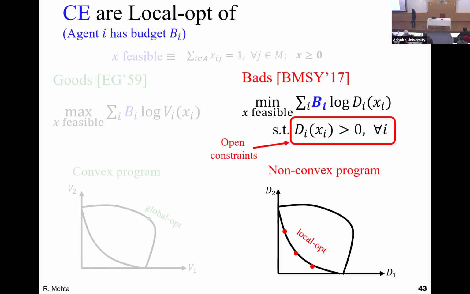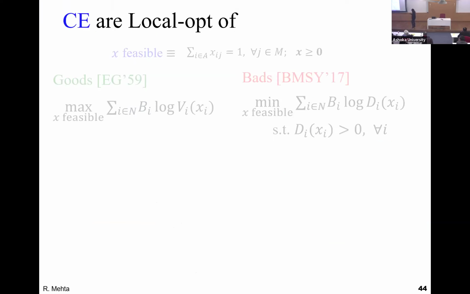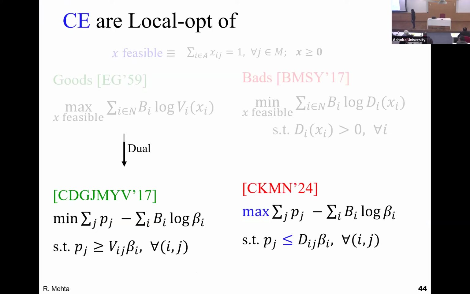Finally, the closed form formulation where you don't have any open constraint, that was the tricky part. We have to go to the dual. And there, when you just take the dual immediately, we don't know how to take this dual, so we take the Eisenberg-Gale dual and just mimic it. And we could show that these local optima of this, again, non-convex program, because you're maximizing a negative of a concave function, maximizing a convex function. It's a non-convex program, but again, local optima are competitive equilibria, except when these variables are all 0.